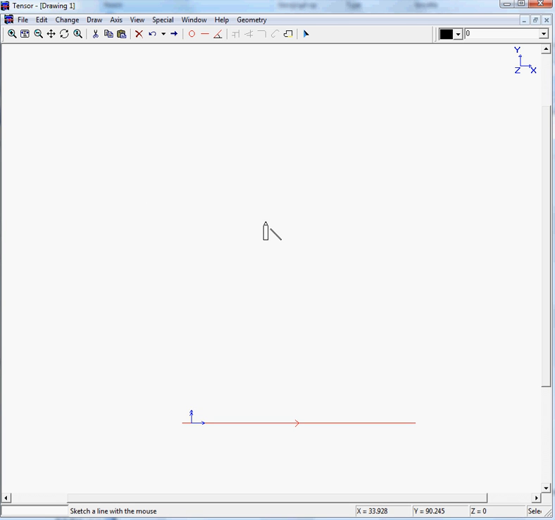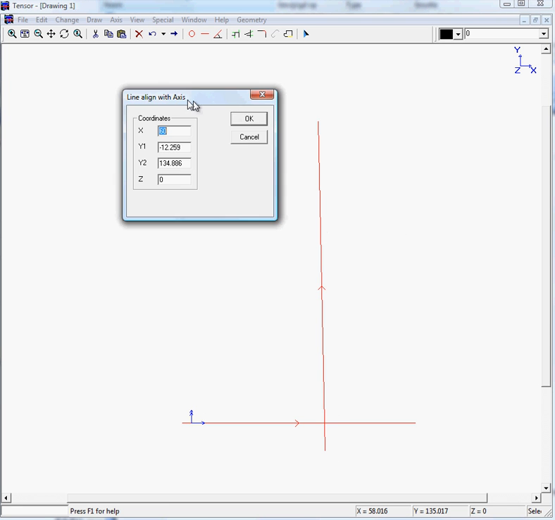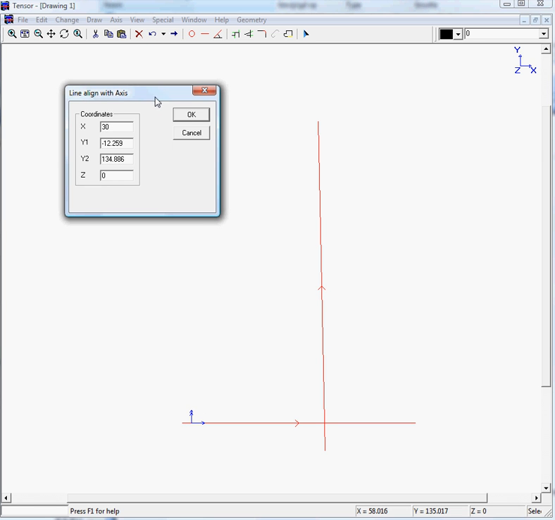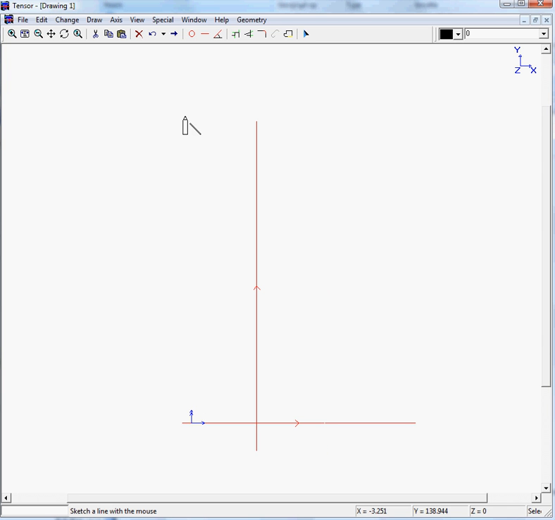Our pencil is still attached to our mouse, so we can draw up a second line, a vertical line, and Tensor will automatically ask an x value, which is in this case 30, and y1 and y2. I'm not so interested in these values because we can trim these lines afterwards. Okay, I have my second line. My third line